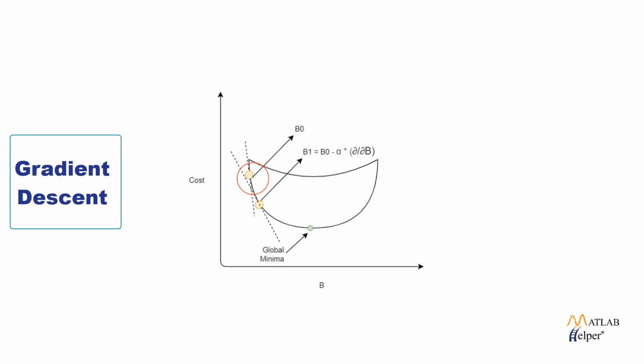To get that point, I need the slope of that point. The slope at that point also denotes in which direction I have to take steps. Actually, we consider the learning rate along with the slope to get the next point. Here, slope is nothing but the partial derivative of the cost function with respect to b. I have mentioned partial derivative because the cost function is dependent on two unknown variables.